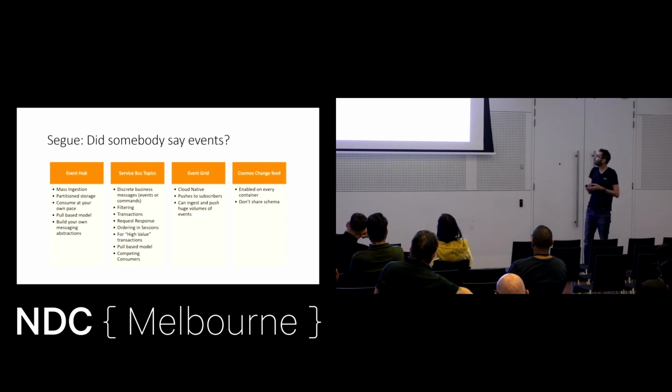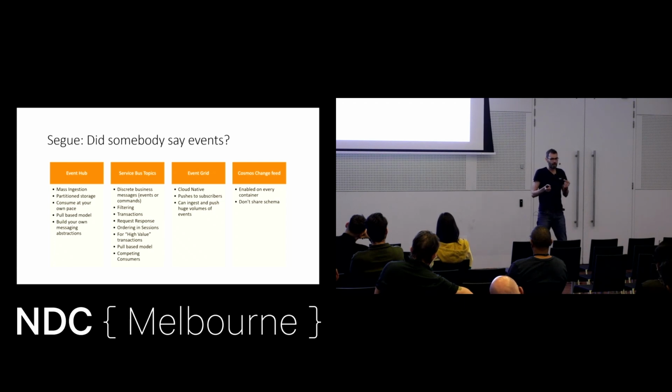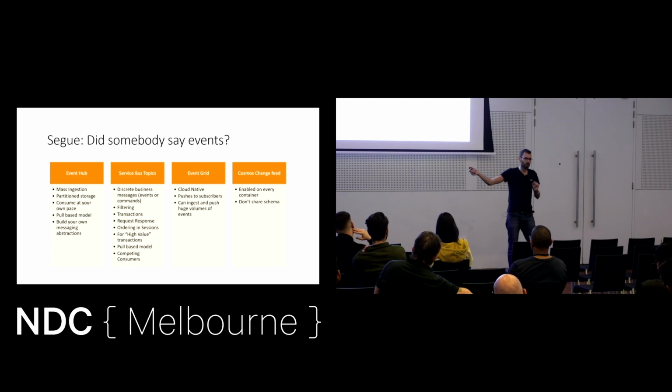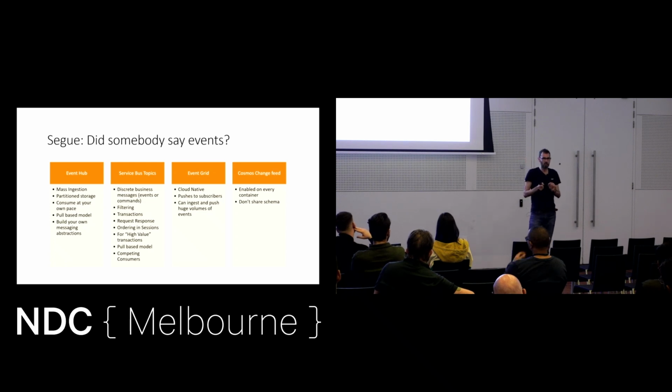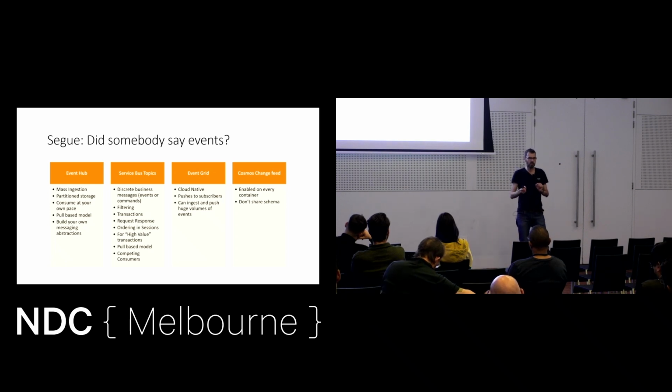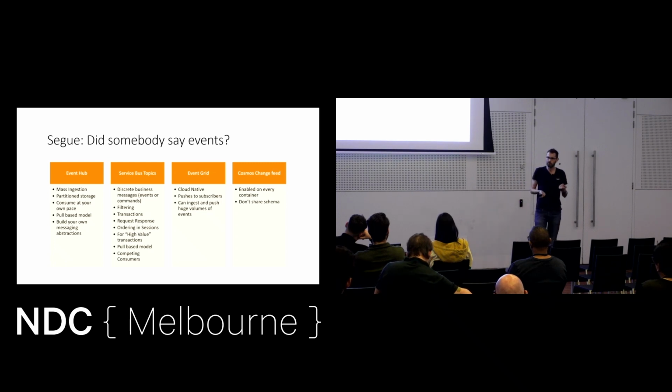Now, the other call out I want to make is Cosmos change feeds, which are quite similar to event hubs. The only thing I would say about them is just be wary of allowing downstream applications to connect to your Cosmos change feed, because really that is your internal schema. What you don't want is to have third-party systems coupled to your internal schema, and then you need to make a change. Because that's going to be an awful lot of conversations with people who will tell you, no, I don't have budget to make that change on my end, and I'm more important than you, so you're